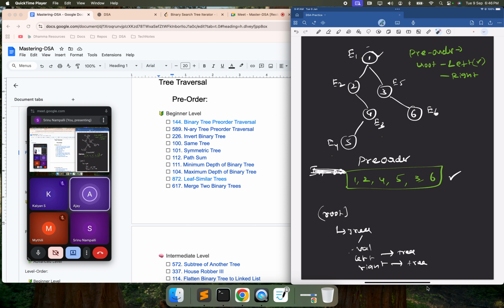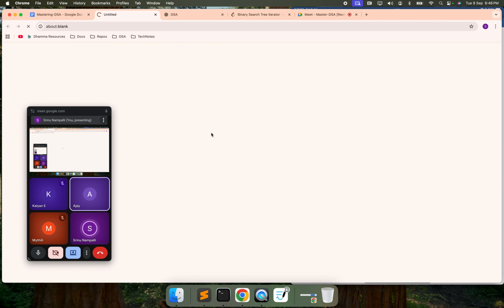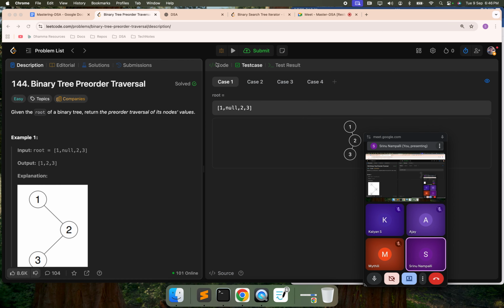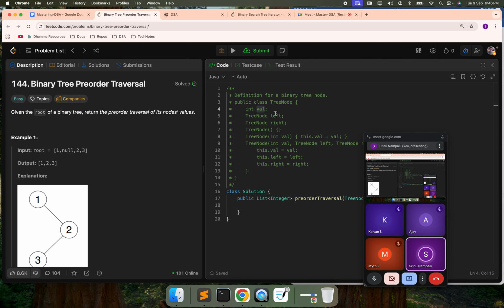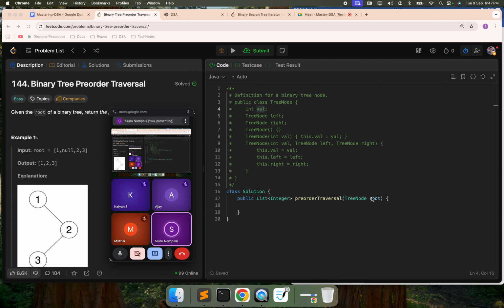So now we can begin with a base case, like if the root is null, then return. We will go to that. I think they have a problem with how the problem statement could be. Let me explain. You will be having a tree node, and it is having a value, left and right. The value is the value of the node, left is pointing to the left child, right is pointing to the right child. The problem statement says you will be given a root. They already constructed a binary tree and they will give a root. We just need to return the